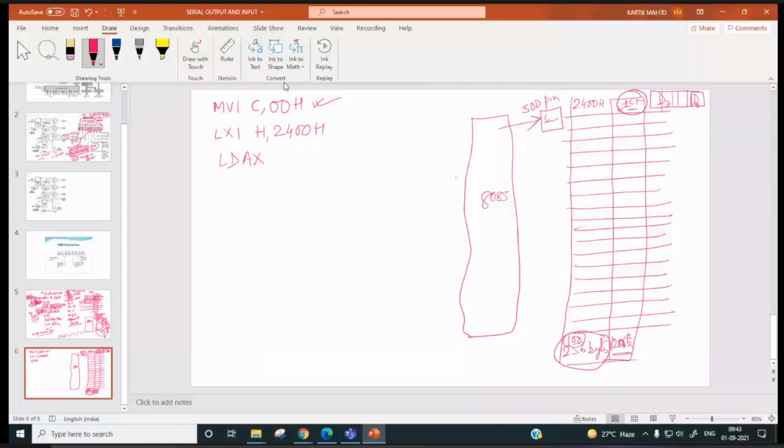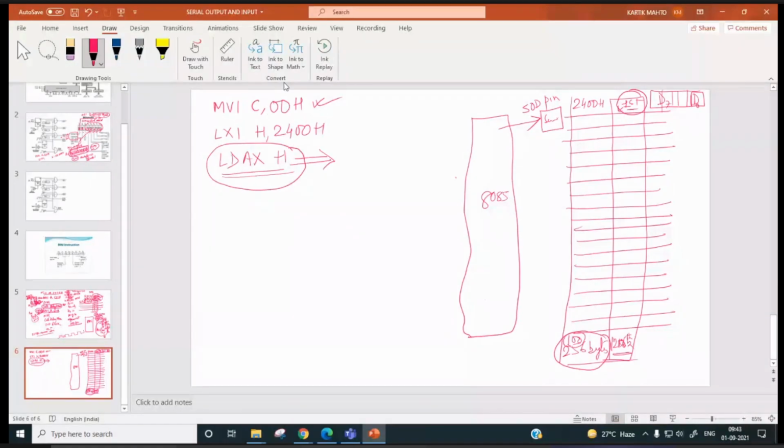LDAX we should write. Anyone? Of course, this seems a little bit okay, but the mnemonic for this with HL is a little different in 8085.